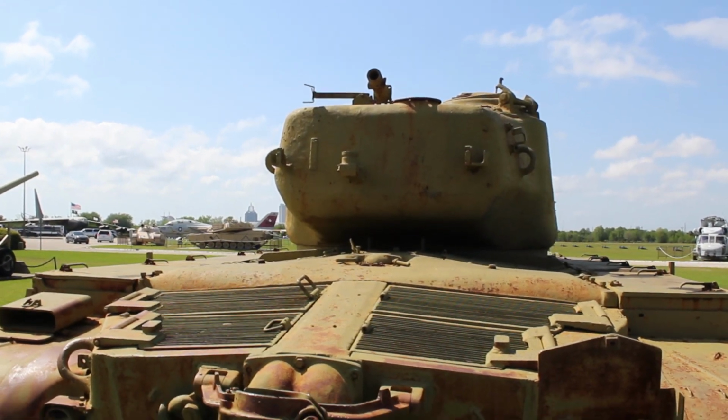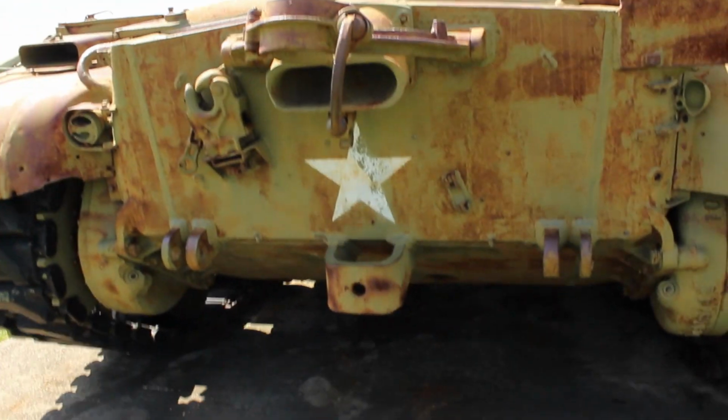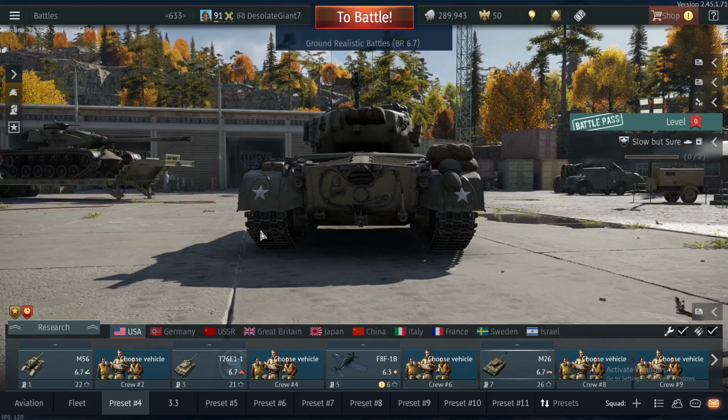Alright, so moving to the rear of the tank now, you might be wondering what's underneath the hood. Well, that would be a Ford V8. Don't ask me what the cubic inch was, I'm really not sure. I just know that it produced anywhere between 450 to 500 horsepower, which